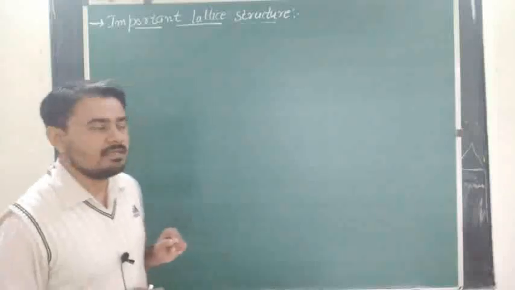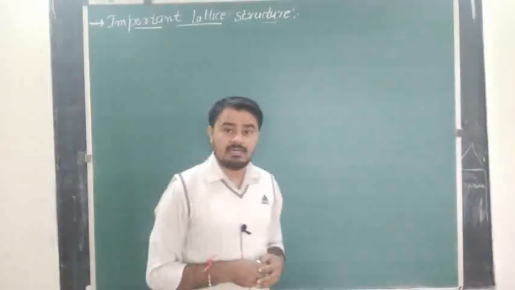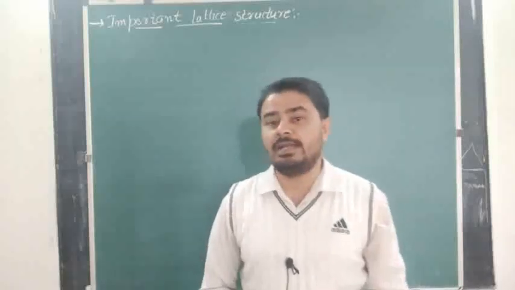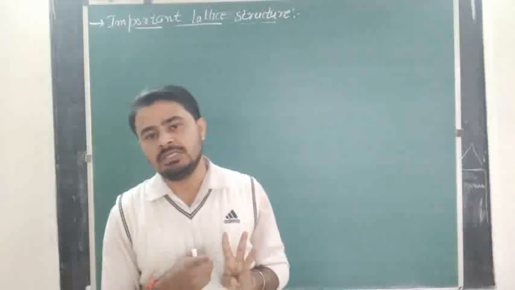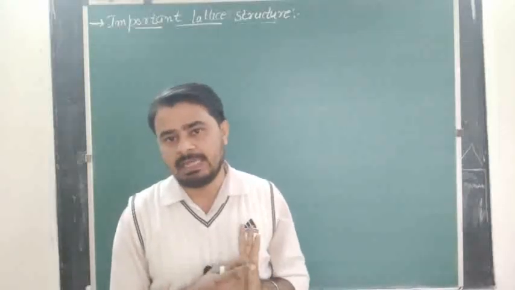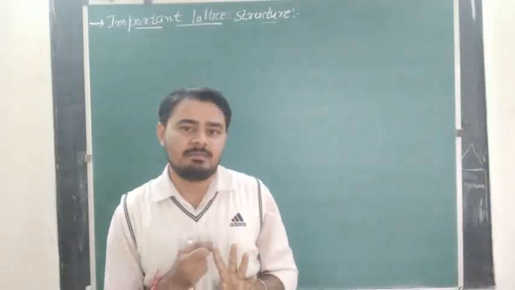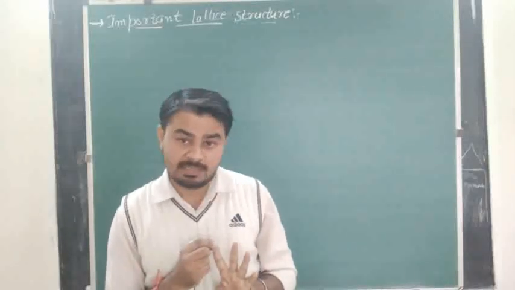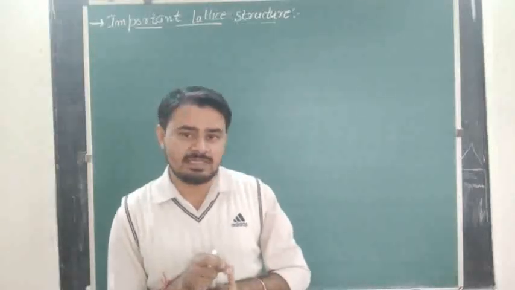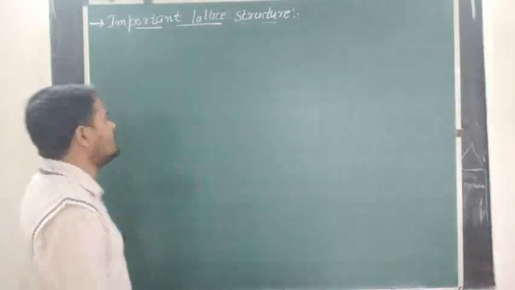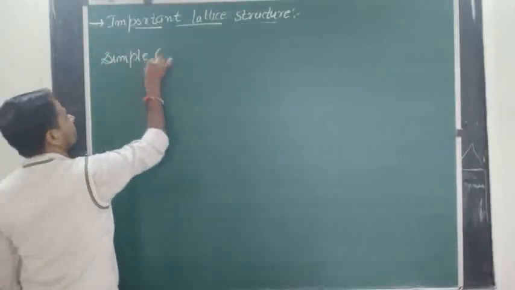Now, in case of important lattice structures, there are basically 4 important lattice structures: simple cubic, body-centered cubic, face-centered cubic and hexagonal close packing structure. These are abbreviated as SC, BCC, FCC and HCP. In case of simple cubic structure,